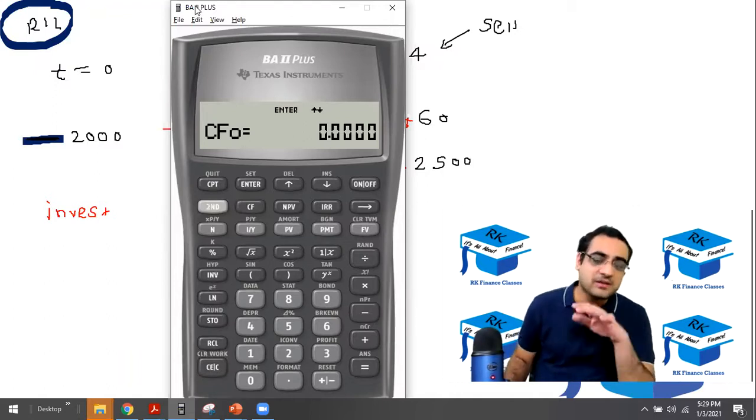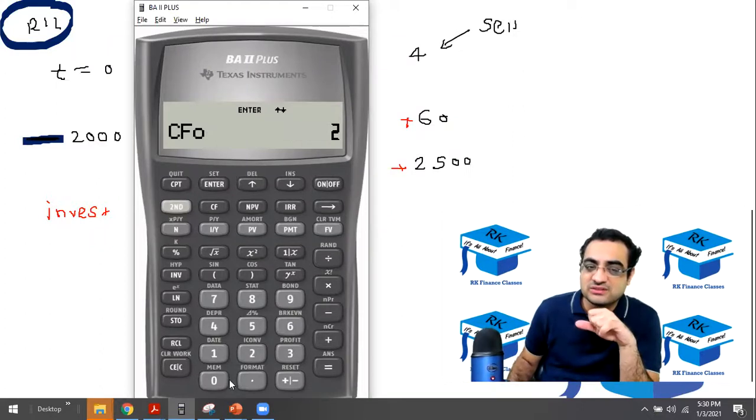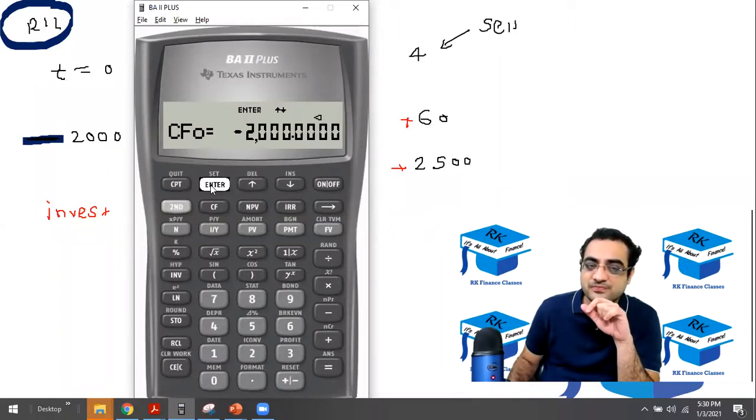अब लास्ट वाले एग्जांपल में CF0 में कुछ नहीं था, लेकिन यहाँ पे CF0 में 2000 with a negative sign है, because in the year 0 there is a 2000 with a negative sign. So press 2000 with a negative sign. You know how to get a negative sign? Press this button, dot के बाजू वाला button. Okay, I repeat, 2000 with a negative sign and then press enter. I repeat, press CF, press second CEC. CF0 on the screen is 2000 with a negative sign, enter.